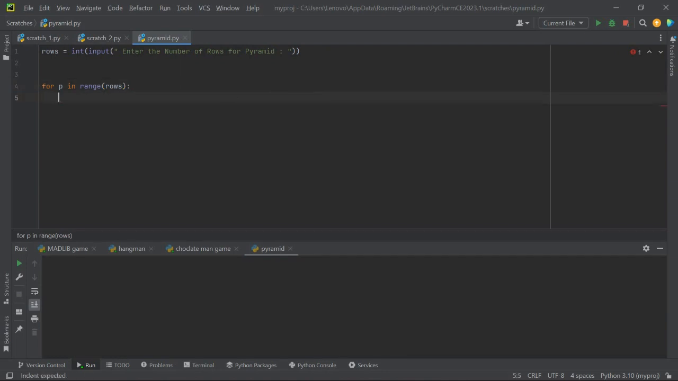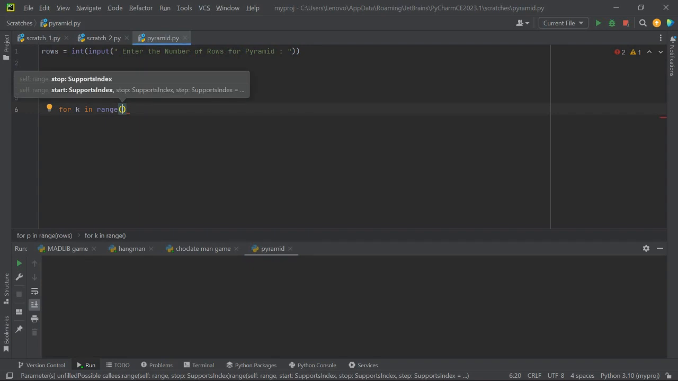So what we will do, in this loop we will use another loop that will increase the number every time by using the range function, because the range function returns you a sequence up to your given number. So we will use another for loop, and we'll take k as the element, and we will run range till p